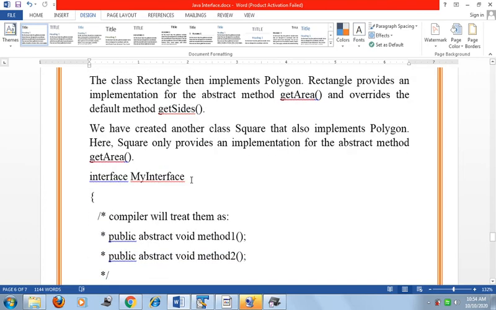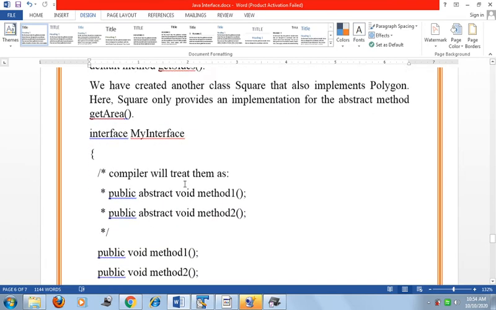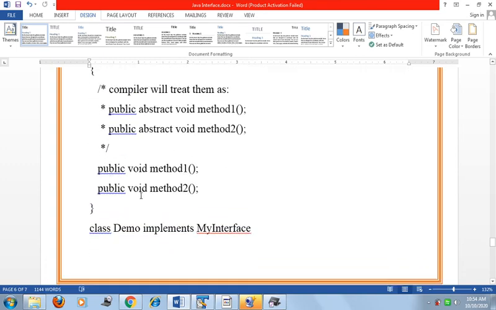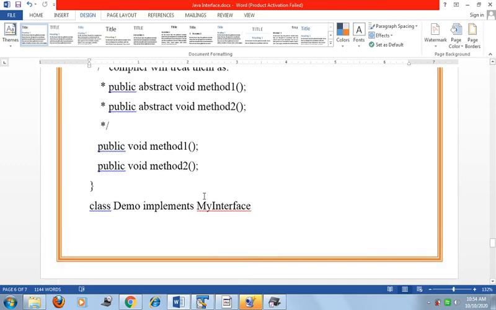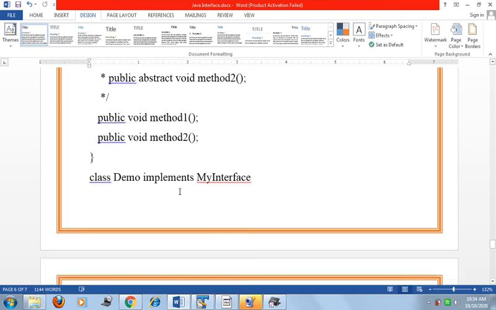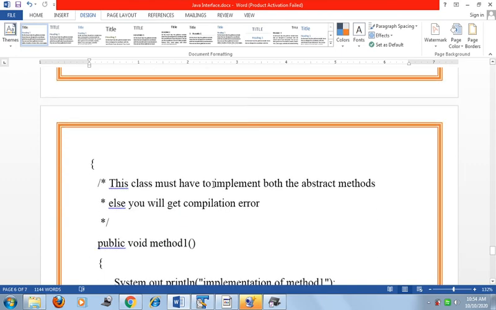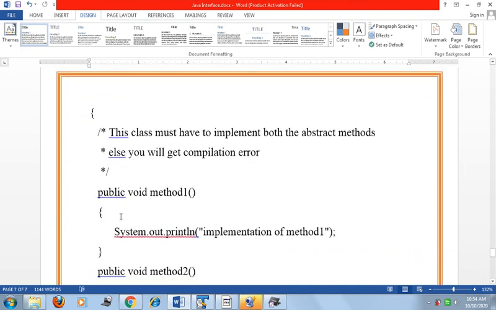Suppose interface MyInterface. Now in that MyInterface we take two methods, public void method1 and public void method2. Now we create a class Demo that implements MyInterface. Here we create the definition of method1, and in that method1 we print "implementation of method1".